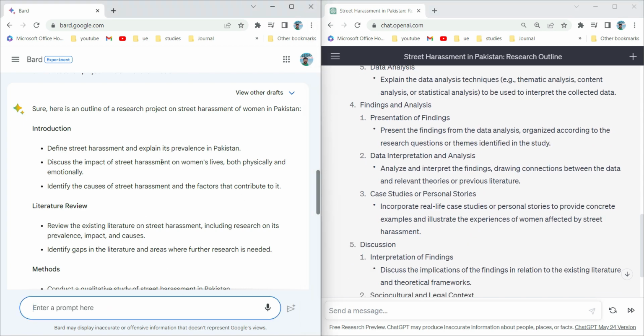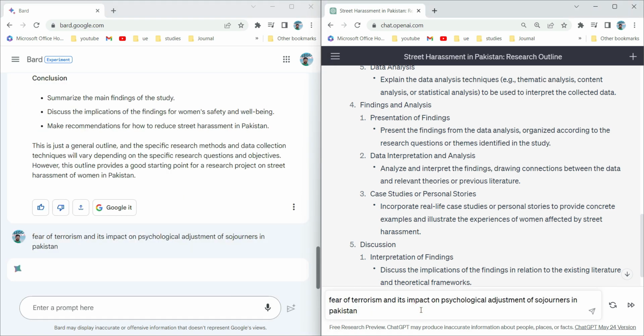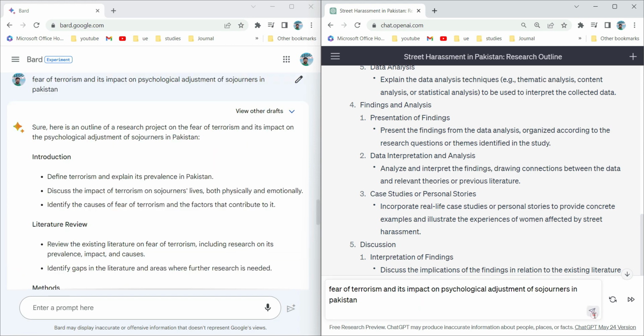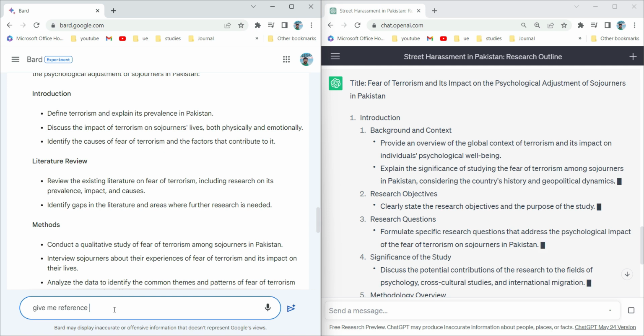And what about the part? Let me search for some topic that I did my research on a while ago. Fear of terrorism and its impact on psychological adjustment of sojourners in Pakistan. And let me give the same prompt to ChatGPT. This paper was published in 2020. It gave me a reference to a paper that discusses this topic, right? And over here,